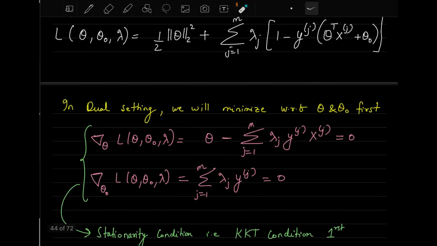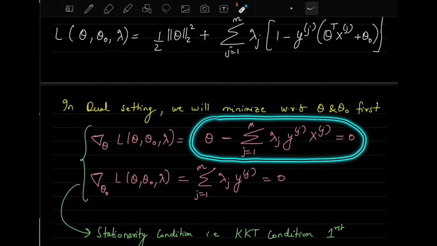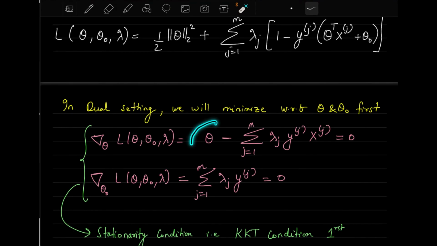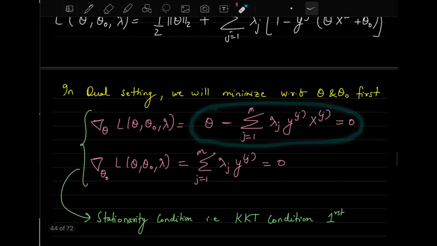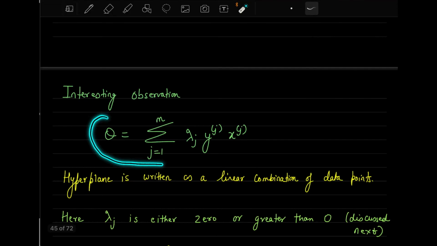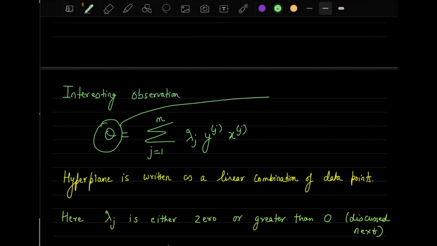So let's focus on this particular answer which you are getting from here. I'm just repeating it here. So what it shows is, as I told you, that this theta is governing the equation of the hyperplane. If you have this theta value, then you are defining the hyperplane properly to separate the two classes. So this particular value of theta is actually obtained by